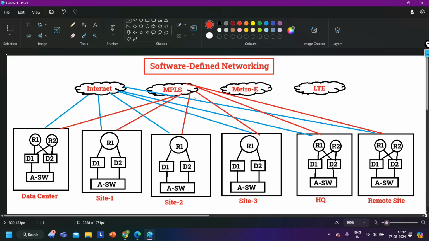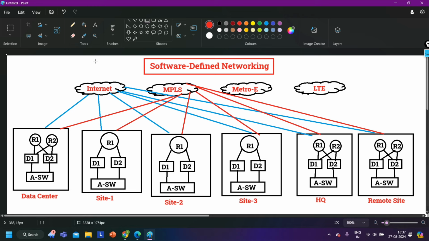these types of networks. In this scenario I have only six branch offices, right? Suppose I have a thousand branches, how complicated it will be to manage and troubleshoot if there is any problem. Even if I want to apply one access control list on a router, it will be very complicated. If I have a thousand branches, it will be very difficult to configure one ACL on all routers or on all networking devices,